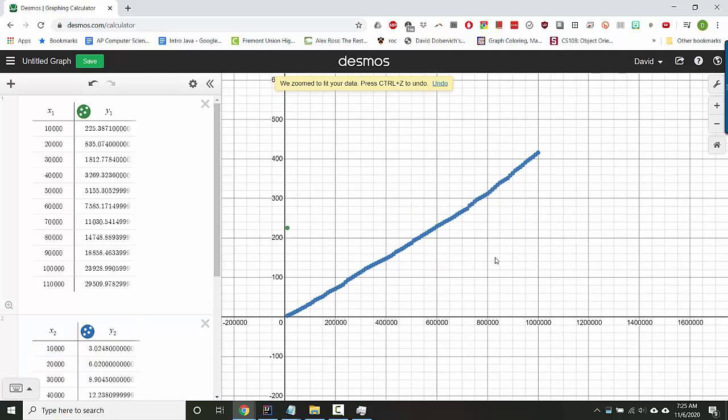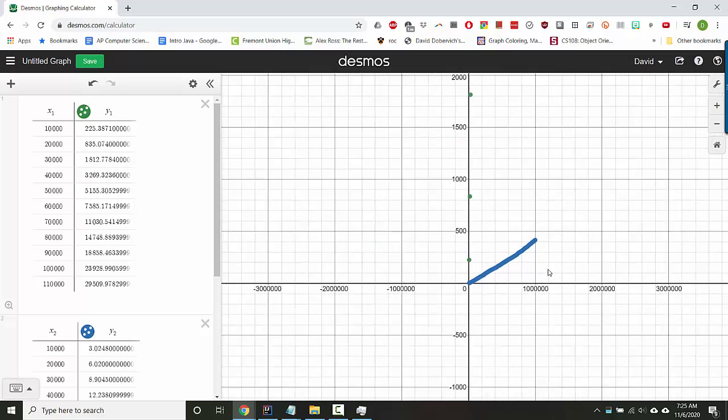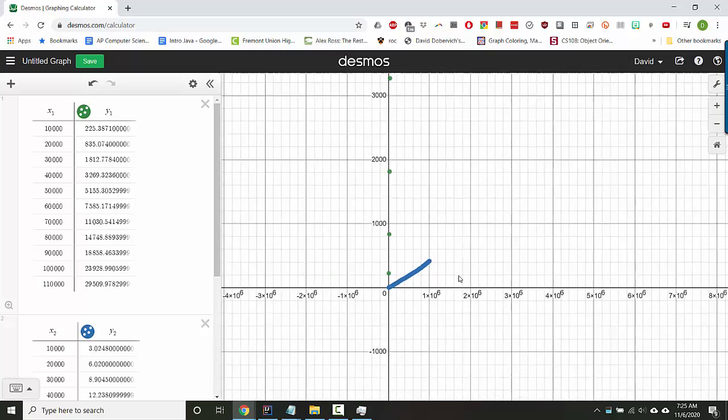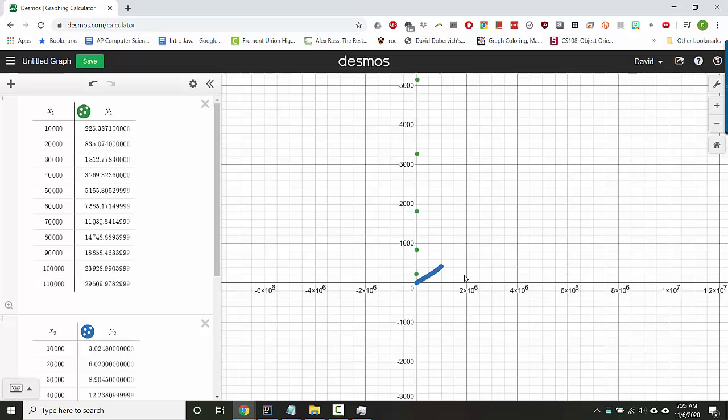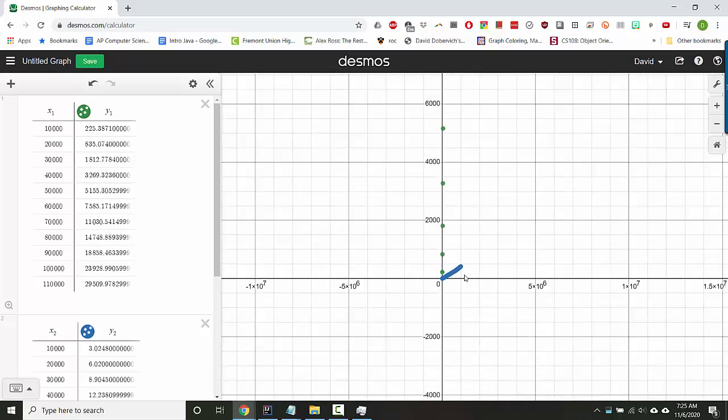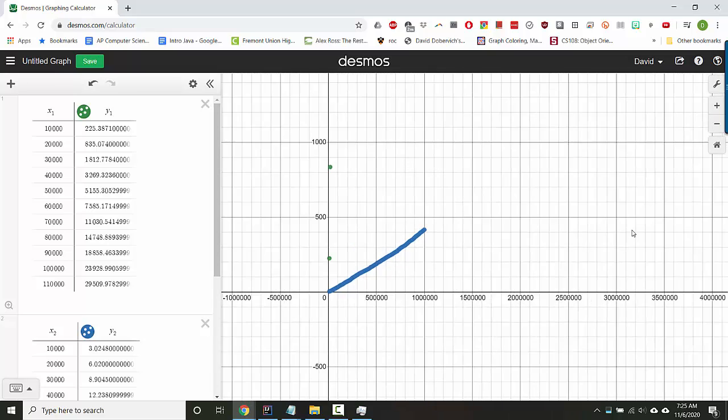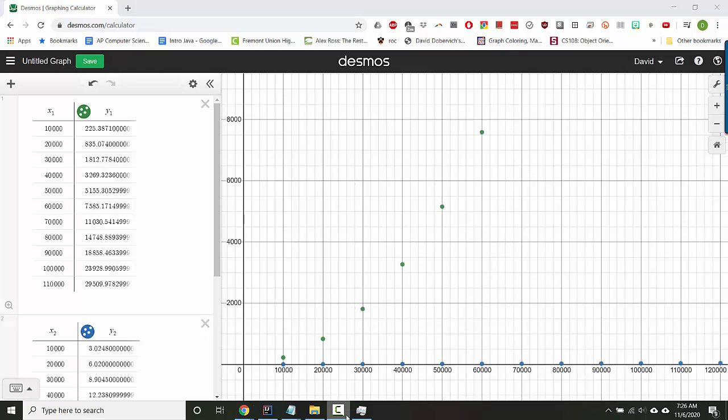You might wonder what happened to the other graph. There it is. Wow. I wonder what a good way to scale this is. All right, hold on. I'm going to figure out how to scale this. Okay, here we are. So I've only gone up to